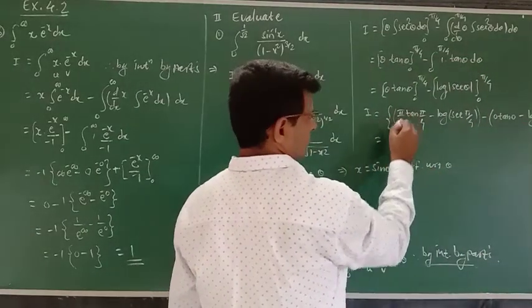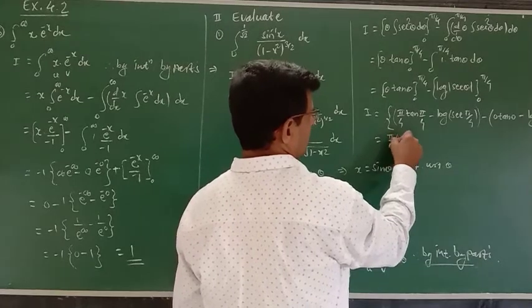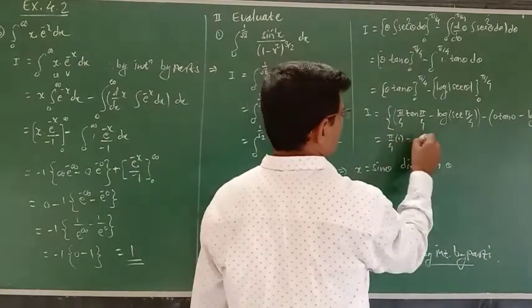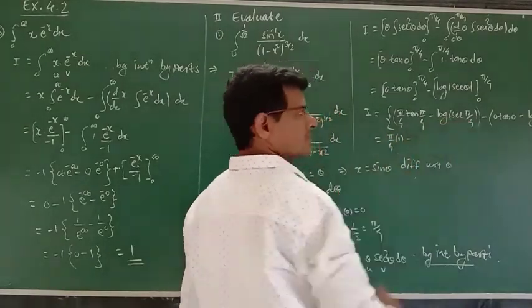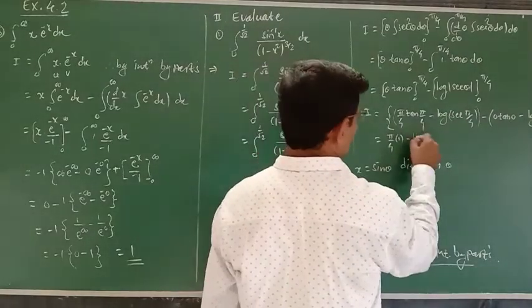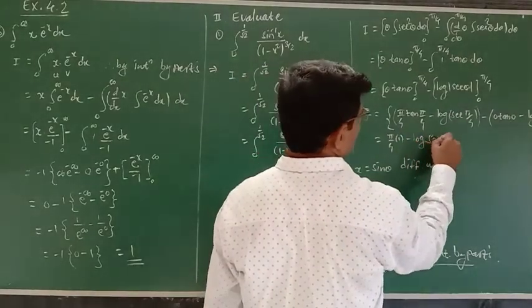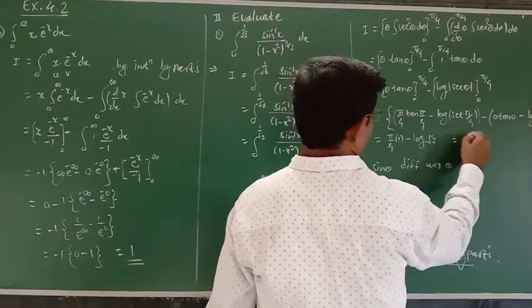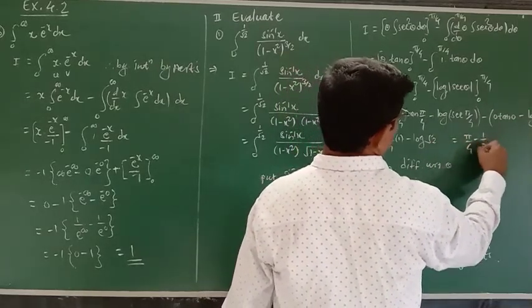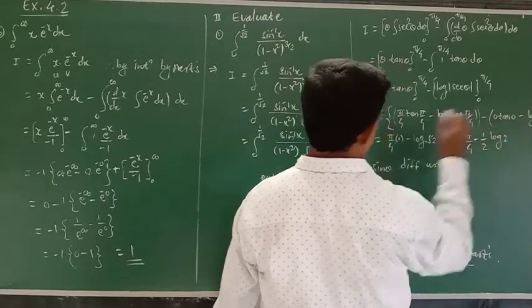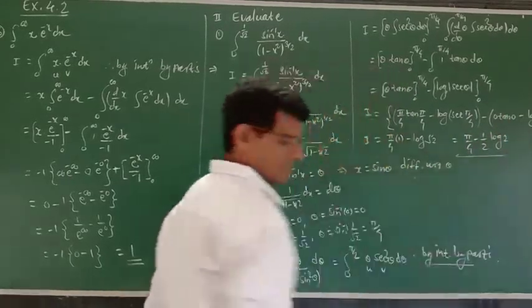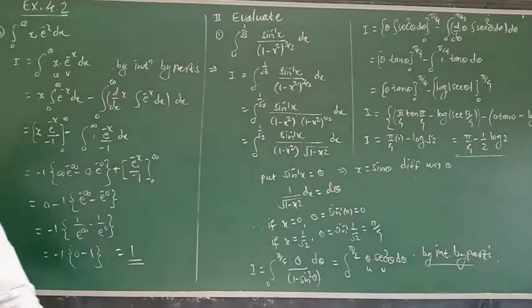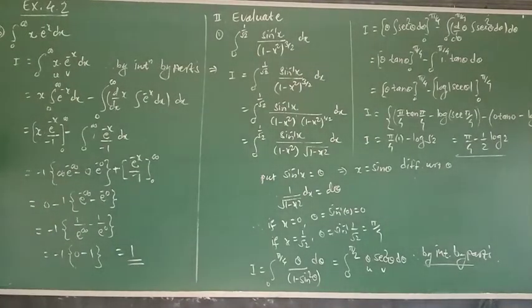So it is equal to pi by 4 into tan pi by 4, whose value is 1, minus sec pi by 4 is root 2, so log of root 2 minus log of 1, whose value is 0. So it is equal to pi by 4 minus 1 half log 2. This is the value of the definite integral. Okay, pi by 4 minus 1 half log 2. Now see,